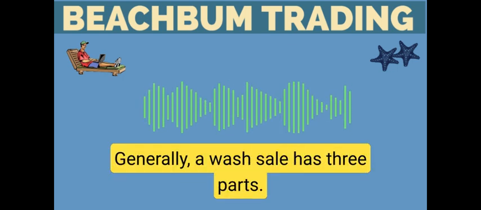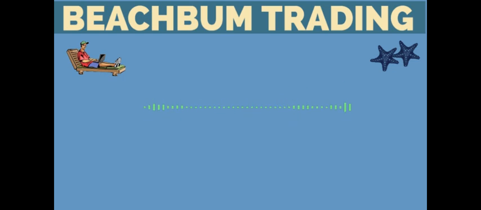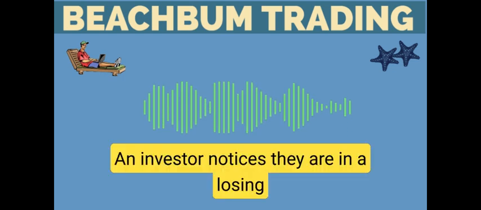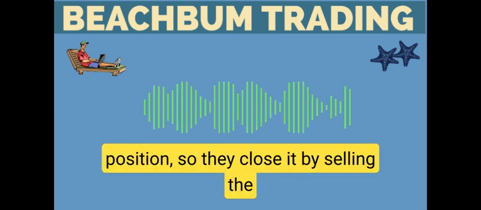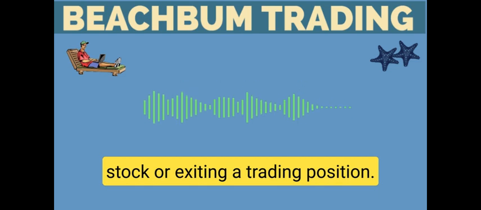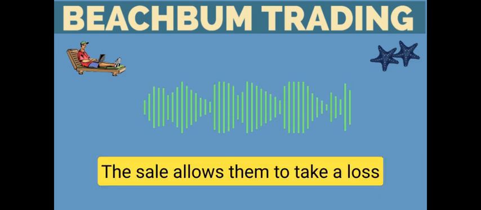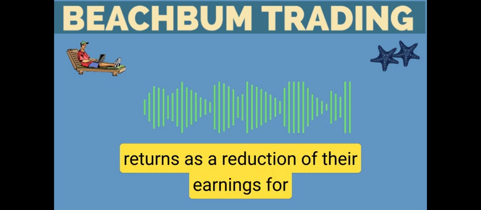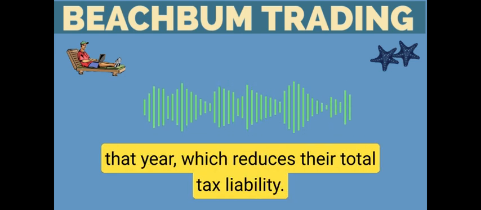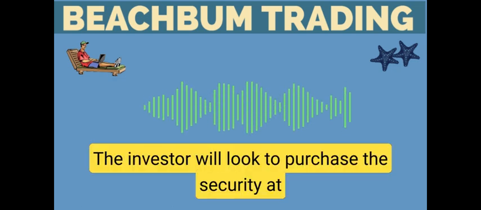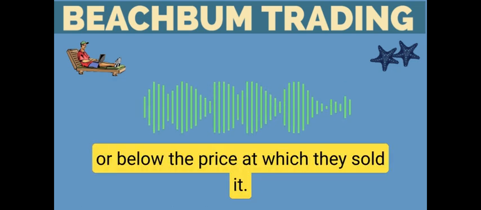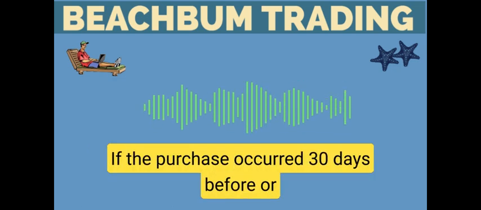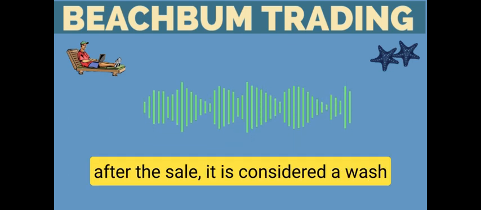How it works: generally, a wash sale has three parts. An investor notices they are in a losing position, so they close it by selling the stock or exiting a trading position. The sale allows them to take a loss that they can legally claim on their tax returns as a reduction of their earnings for that year, which reduces their total tax liability. The investor will look to purchase the security at or below the price at which they sold it. If the purchase occurred 30 days before or after the sale, it is considered a wash sale, and the loss